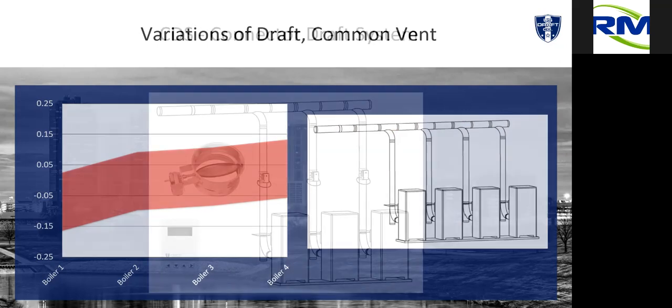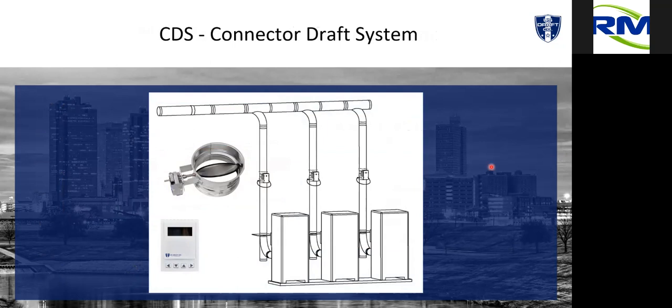And that's when we introduced our CDS. It's connector draft system. These are individual draft controls at each appliance outlet. Okay, and it now gives you the flexibility to do a common vent system and run positive on the boilers if you so desire. Many appliances, especially the condensing, really high efficiency boilers, really actually like a little bit of